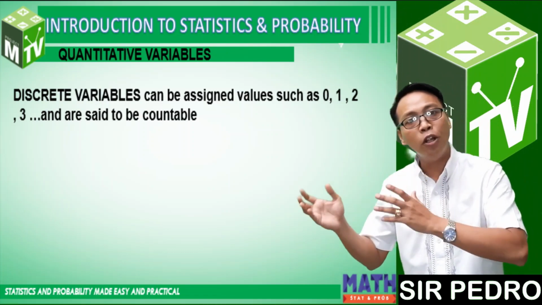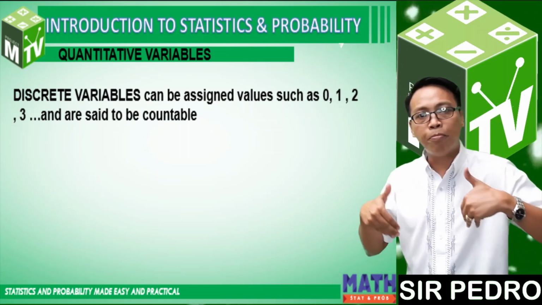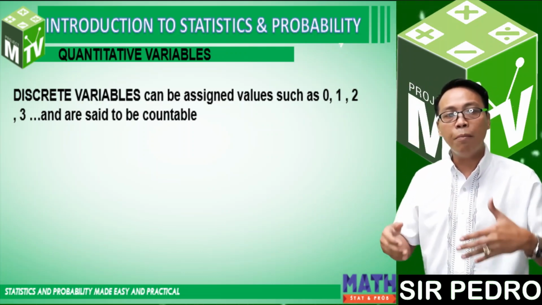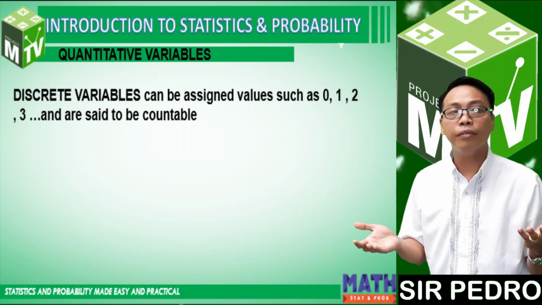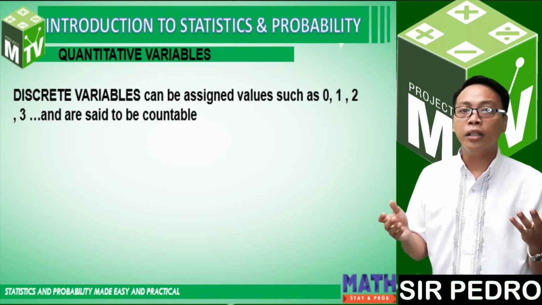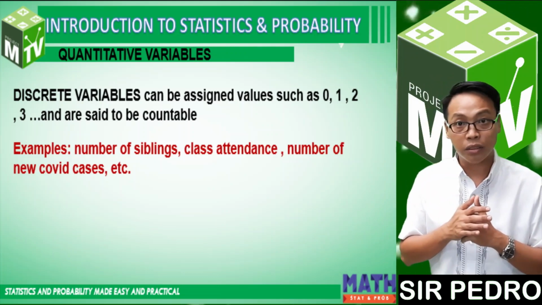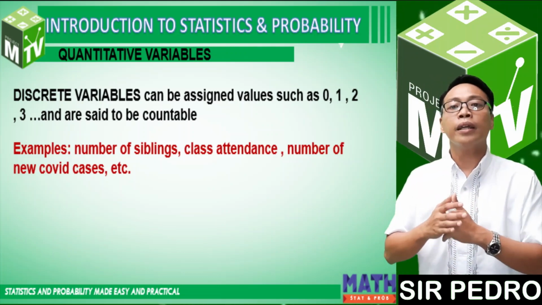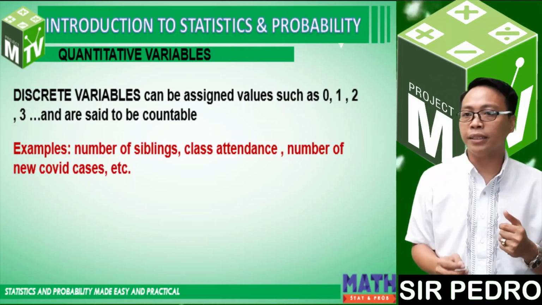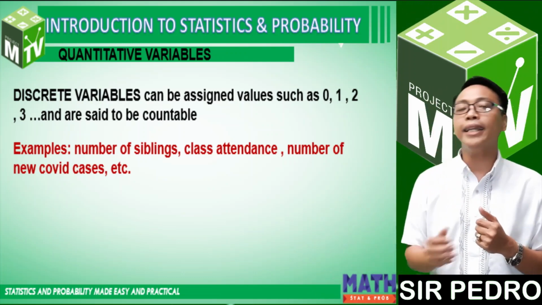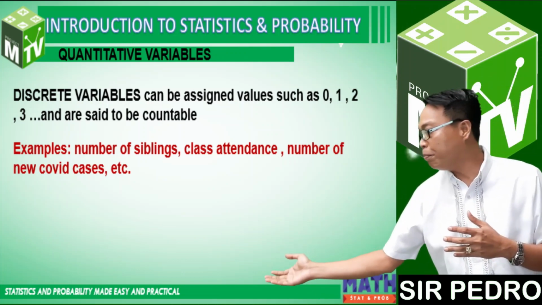Number of people in your barangay, number of brothers and sisters, number of cell phones that you have, things that you cannot use decimal or fraction. Okay. Number of siblings, number of new COVID cases, number of people